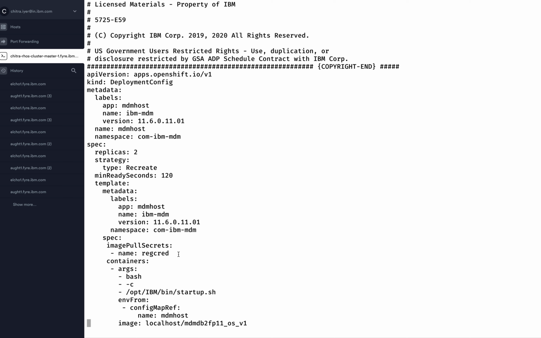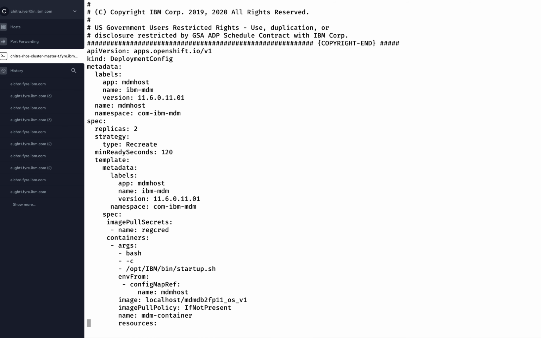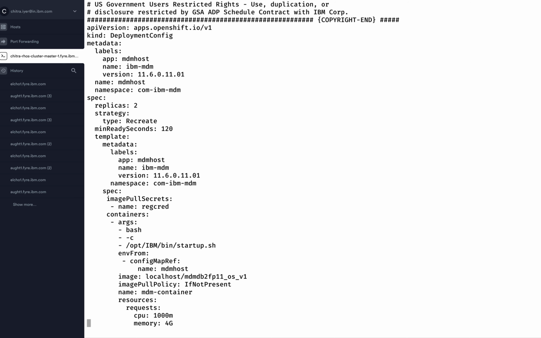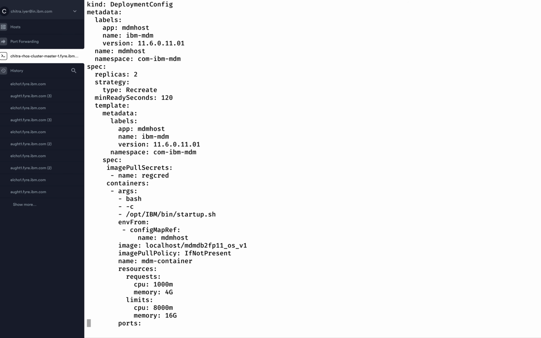They can change these values based on their environment. We are giving something called the startup script, which is the script that will get executed when the container just starts up, and we are requesting it to take the environment variables from a config map by name MDM host. We will see that config map.